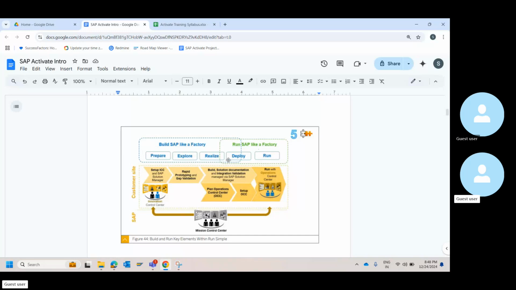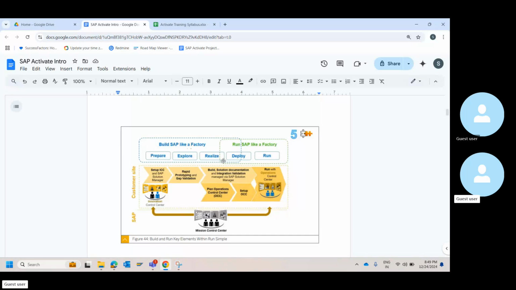Okay, that's why it says build SAP like a factory. Then when do you start planning your operations? Right when they kickstart the UAT, you will have to plan operations of how you're going to execute things. So this means that from the end of realize, you have deploy until the end of your run, which is your support. You will have to support, or I would say, run the product and make the business users adopt it efficiently.